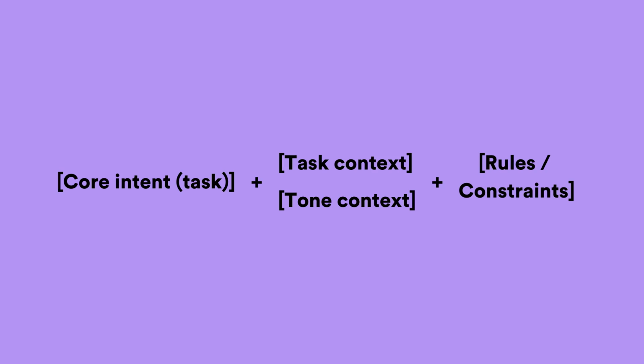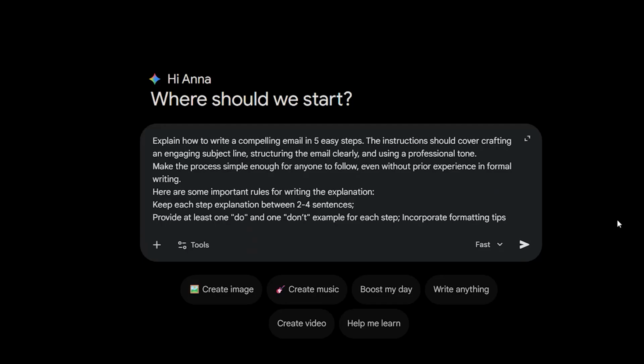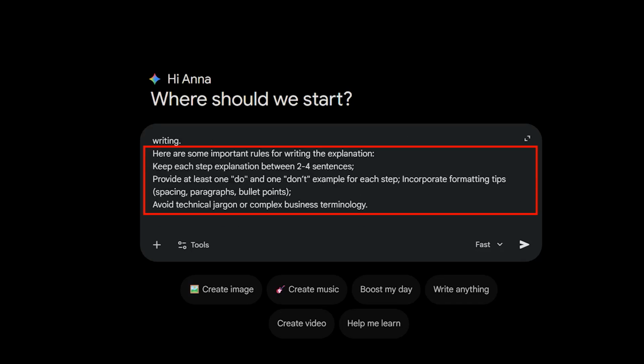For instance, in the email writing guide prompt that we just covered, you might add,